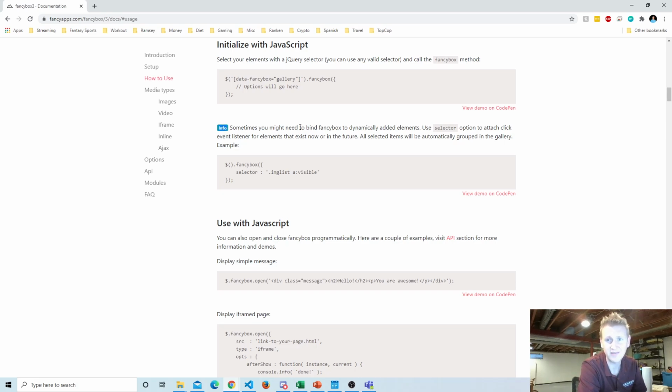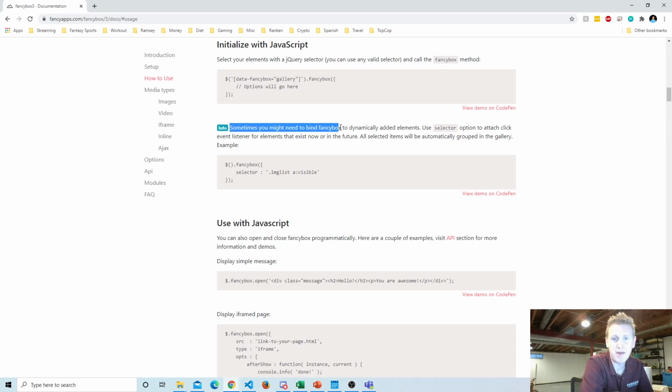Let's read this. Again, it's easy to just try and copy and paste code, but you got to slow yourself down. I got to do it too. You got to slow yourself down and read the documentation thoroughly. That's what we're all going to struggle with here, is you're just going to want to copy and paste code and try it out, then it's not going to work. But if you read and slow yourself down,